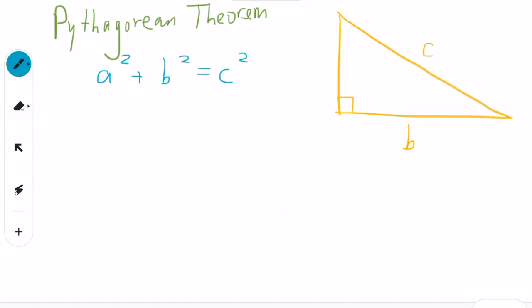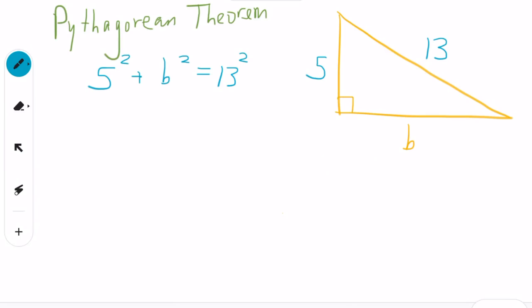Suppose that we have A is 5, B is the one that we're missing, and suppose that we know that C, the hypotenuse, is 13. We're going to do this the same way. It's just a matter of which of these three is going to be the missing piece. So of course B in this case is the missing side, so we could leave B just the way that it is, and we could plug in A is 5 and C we know is 13, the hypotenuse, and we plug these in and we could do out the math and see what the missing side